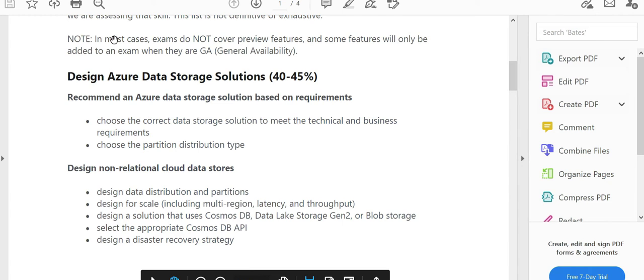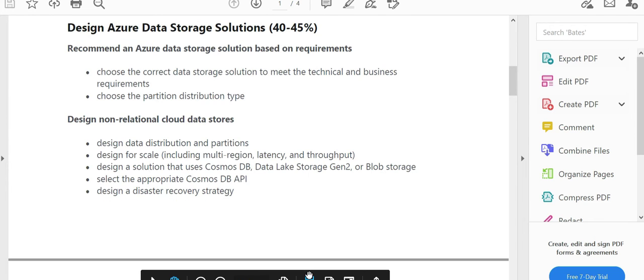This list is not exhaustive. As and when Azure keeps some of the features in preview, the moment they decide to move from preview to a hard launch, they would put it in general availability and make it available in the exam also. Now let's look into the details of each and every section.